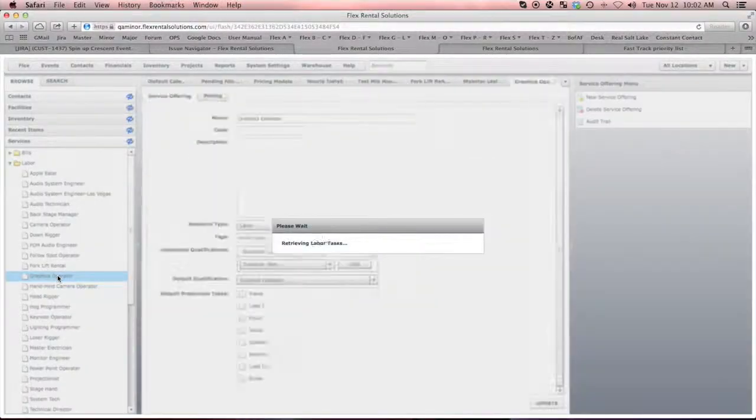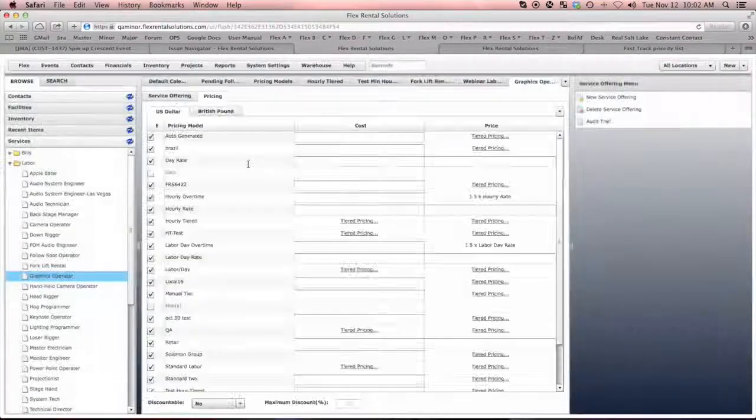And it looks like we don't have a base rate for this labor tier. So it's based off of hourly rate. So if we put in that we charge $60 an hour for this graphics operator,